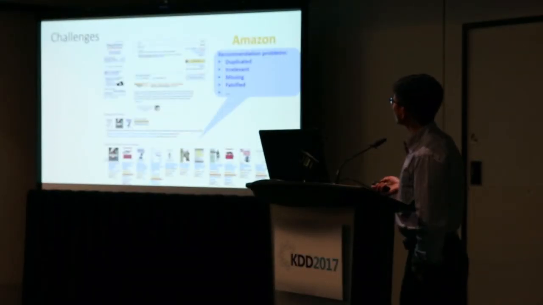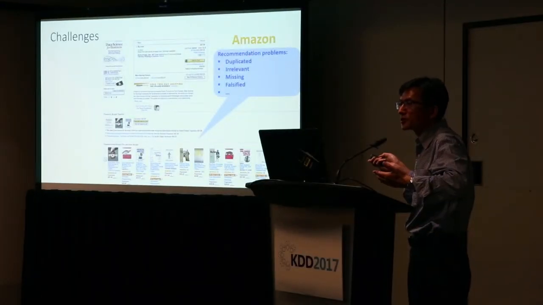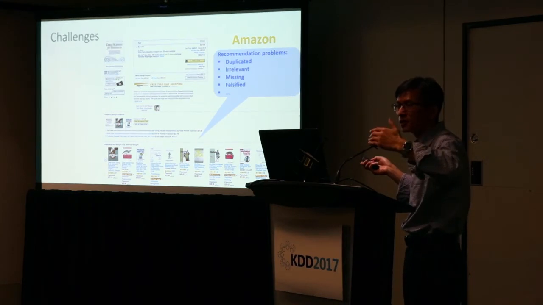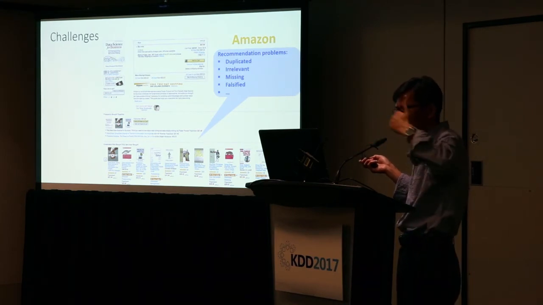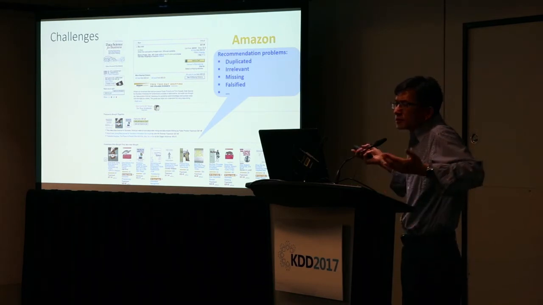In current recommender systems, the problem we usually see is something like duplicated recommendations. I purchased a book and then the same book is recommended to me. I put a book on data science, and another book is recommended to me. I don't need it, right? It's duplicated. And irrelevant, so pushed,